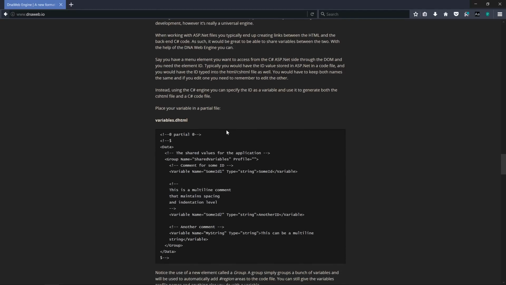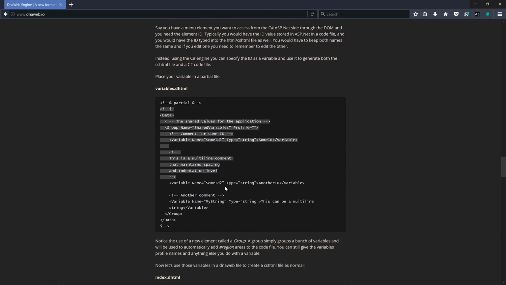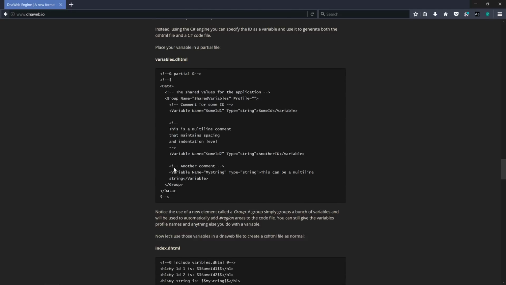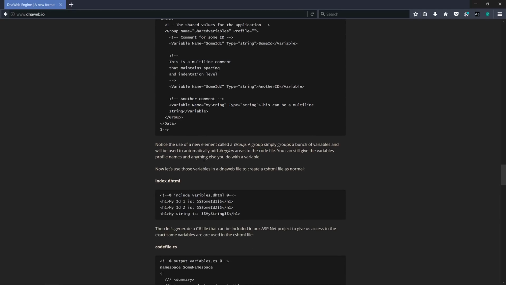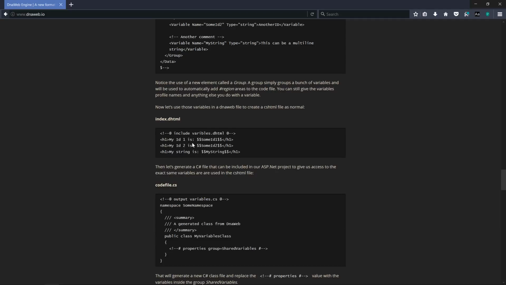So now you can define your variables just the same, that can be used in the DnaWeb files, again, just the same. So there's nothing special about this. We made a group so that it would add a region around it. And we add comments like this so that they get commented in the C# code. But in essence, this is still just the data tag with a variable in there, and we can make use of this SumID variable anywhere we like. And then we can now